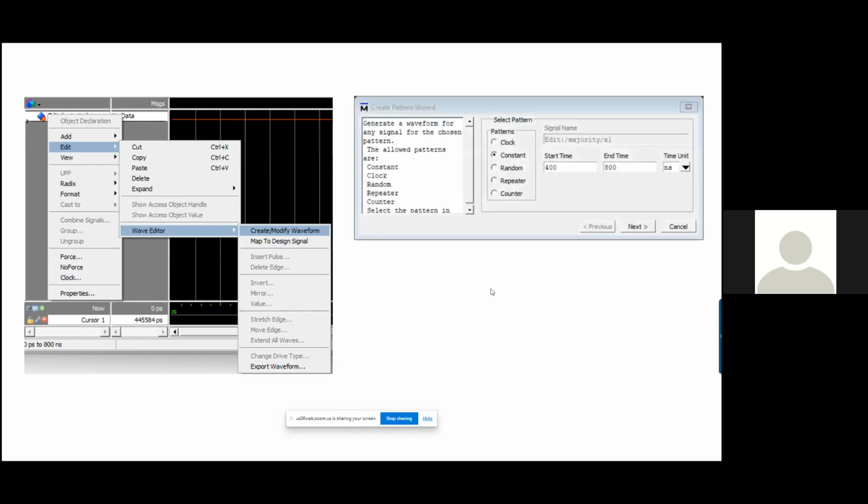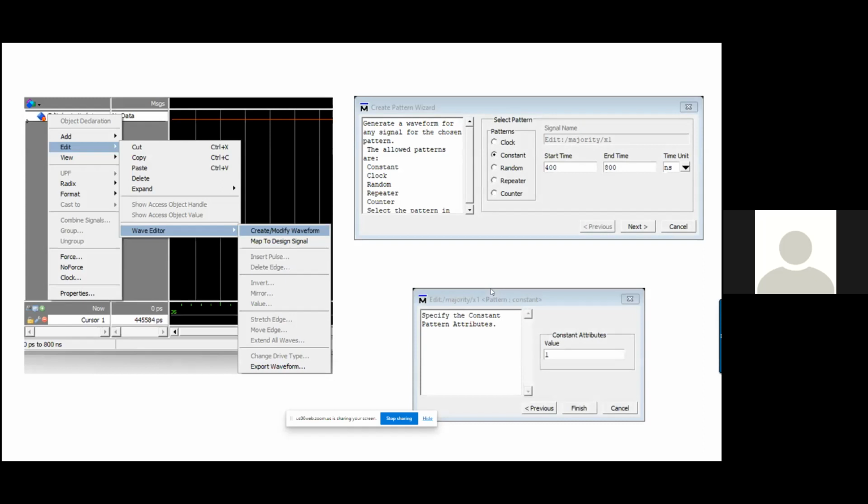In the wave editor, you may select create modify waveform. Once you select it, the options come again, and you may choose constant, to set the value after 400 nanosecond. So I select 400 to 800 nanosecond and give a value 1.